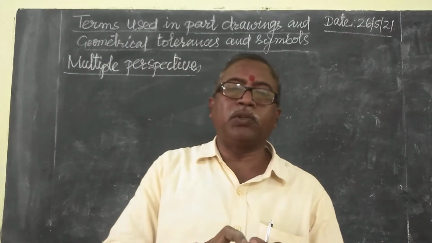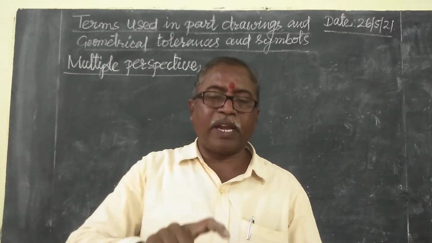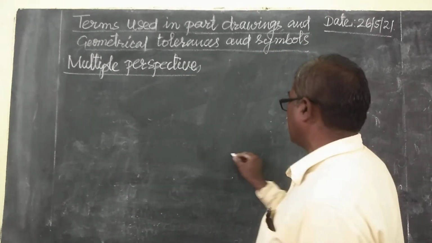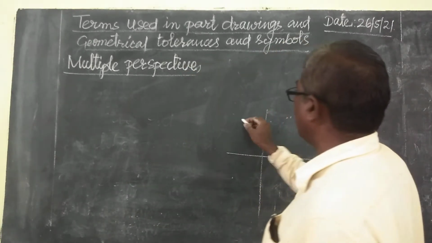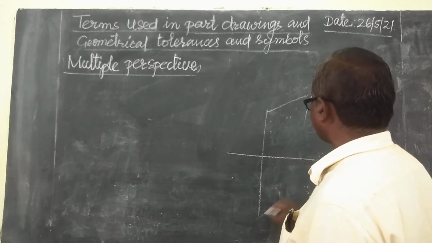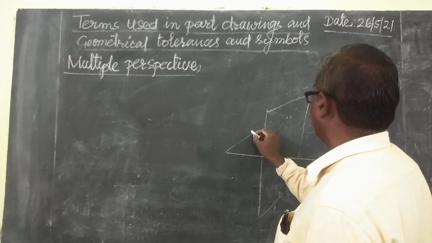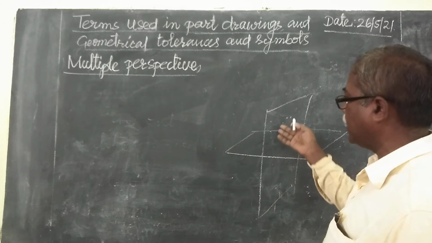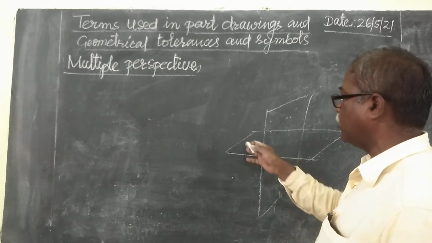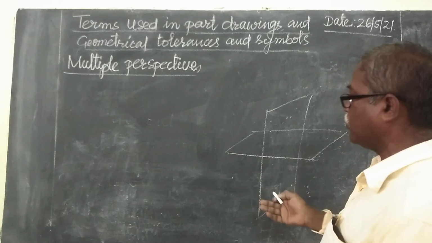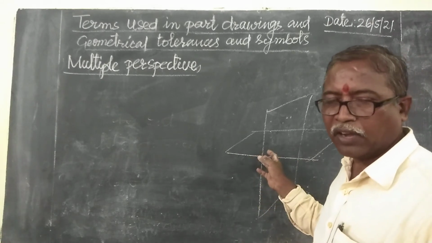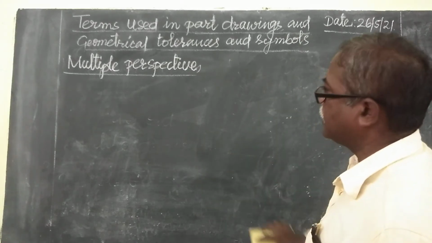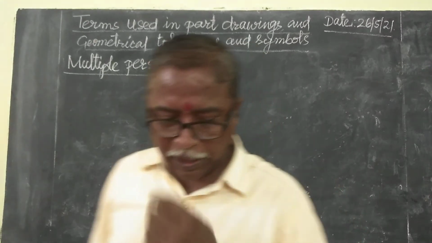So before going to draw from isometric view, which you can draw, there is a paper like this, no? Then there is a paper like this. This will be vertical. This will be horizontal. Like this, papers will be there. How you can see the image, front view, top view, and plan view, first angle projection, third angle projection, like that. This you have already finished. That is the views, that is the perspectives, different ways we can draw.